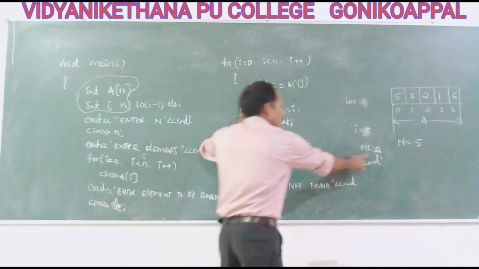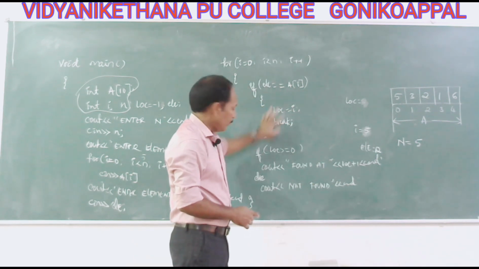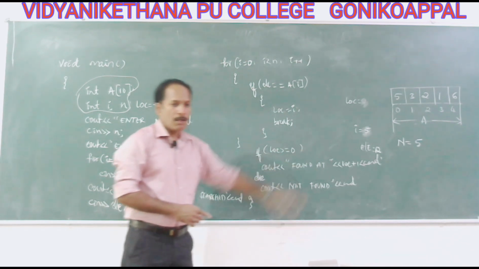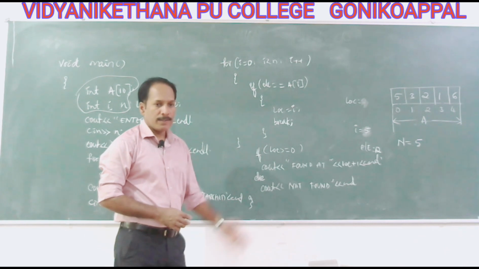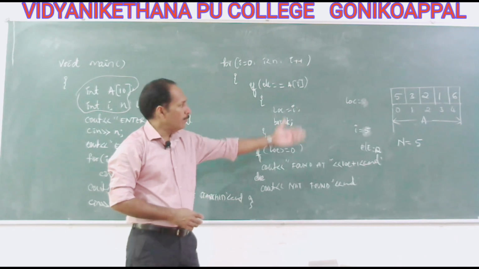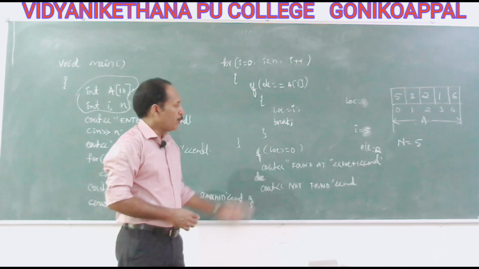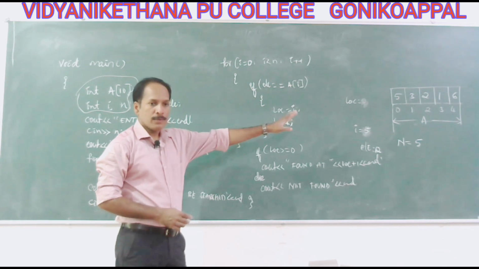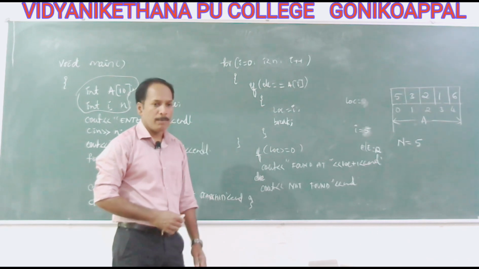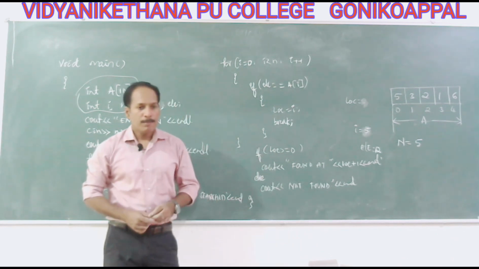In this case, 12 is not found. So therefore, this condition never becomes true, so LOC remains minus 1 only. So then we'll display not found. 12 means not found. If it is 2, it is found. I gave an example, I did both. Understood? So 12 is compared with 5, 3, 2, 1, 6. Then we decided location remains minus 1 only. For 2, when we reach 2, the element is found. We note down the position and we stop. Still we have 2 more elements to compare, but we did not, because of the break statement. That's the purpose of using the break statement.